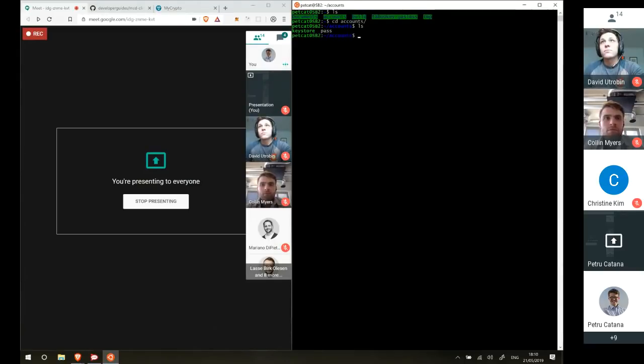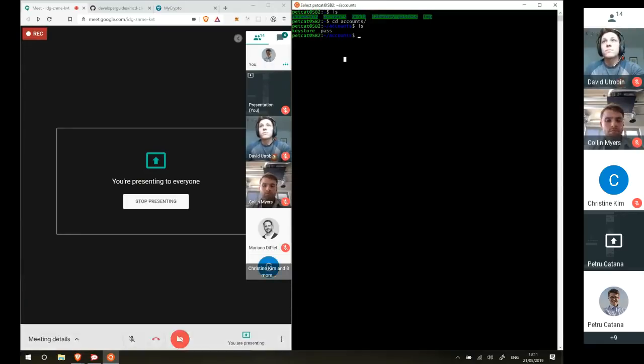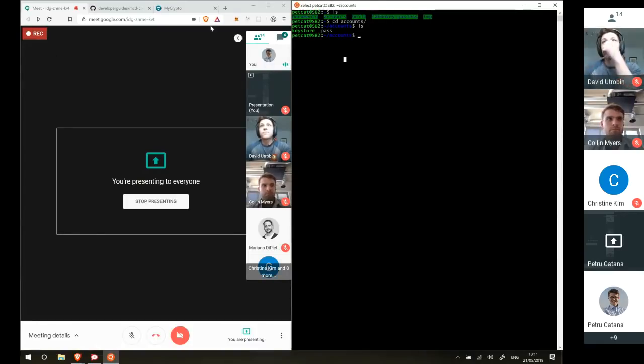So here I have the Keystore stored in this folder, and also I create a new file. Let's say I call it pass, where I store the password to this Keystore file, which I created in MyCrypto, for example, right? So you need these two things basically to allow the MCD-CLI interface and Seth to easily sign transactions for you when you make calls, right? So that's the first setup you need. So when you have this done, then we move back to the guide